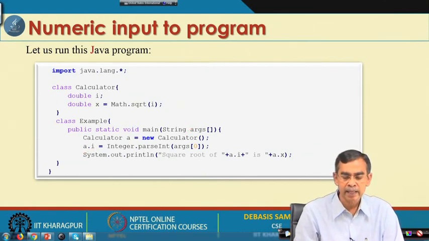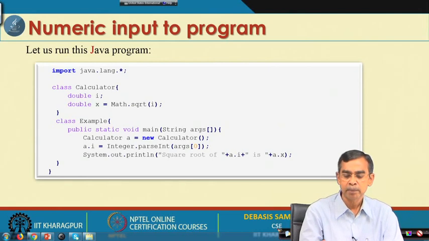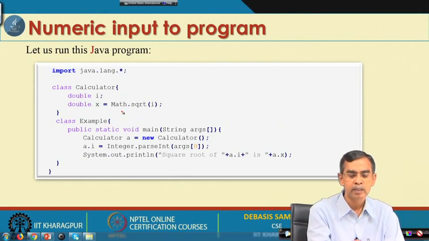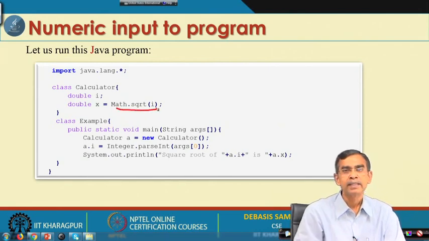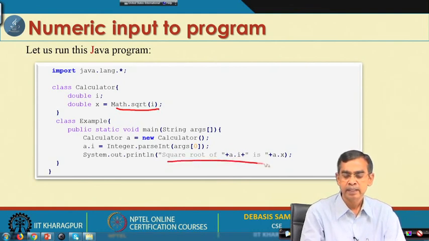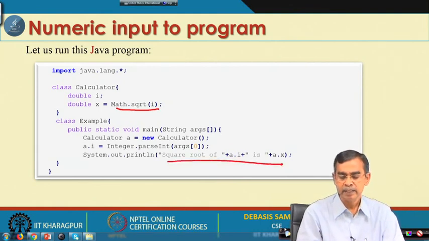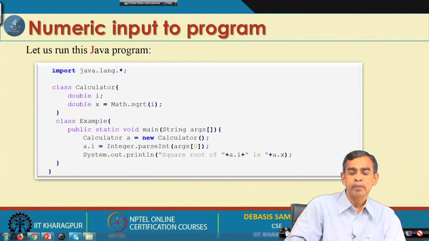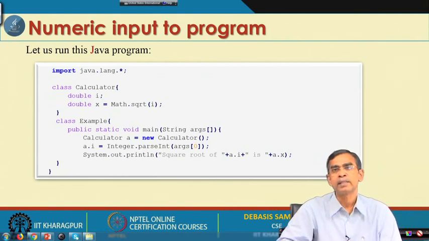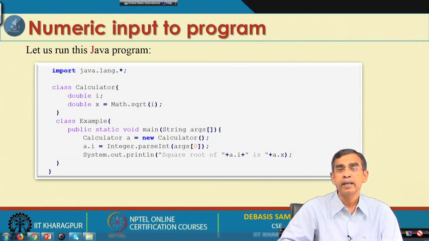Once the object is initialized, we will be able to call it. For example, for this object we can call the Math square root function, and this is the syntax. So, here you can see the difference. In the similar example we discussed earlier, we initialized the values in the program itself statically, but here we can pass the value to the member data fields while the program is in execution. So, during runtime we can pass the input to it.